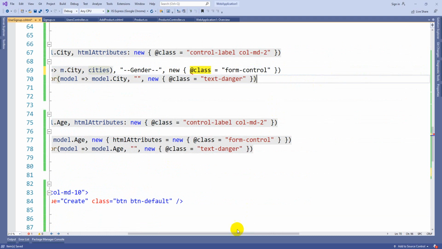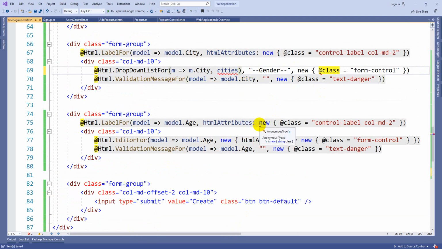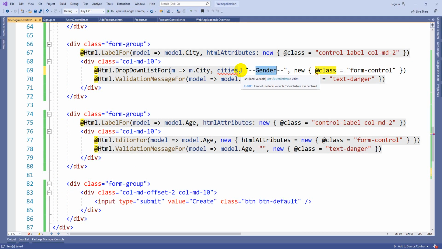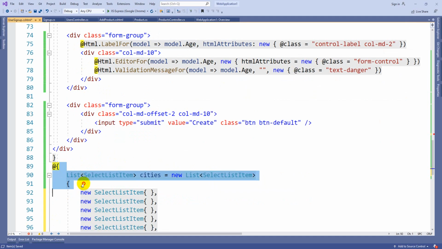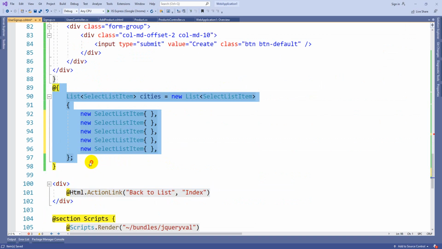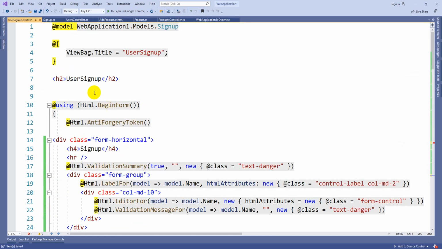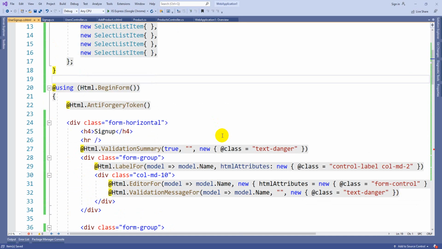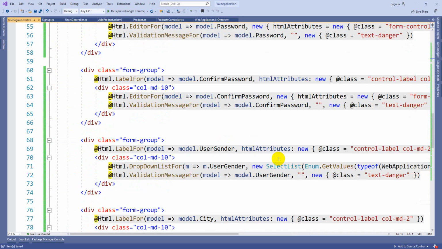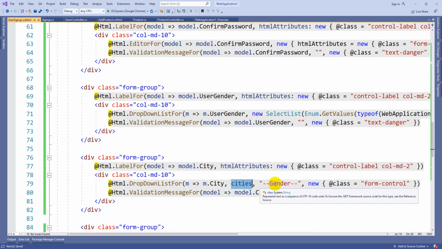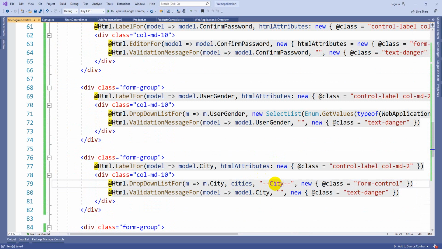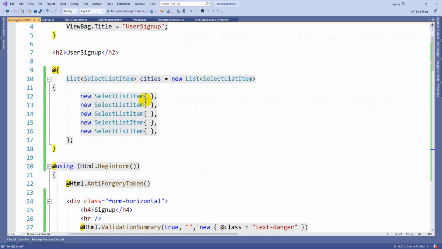You can pass the value cities. Let me write it before. Yes, now it is recognized. So here you can write city. That's it. Here you can pass the values like this.